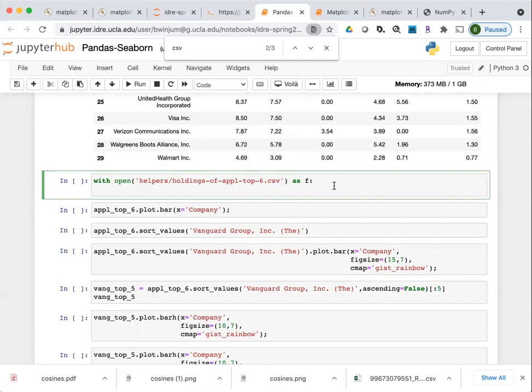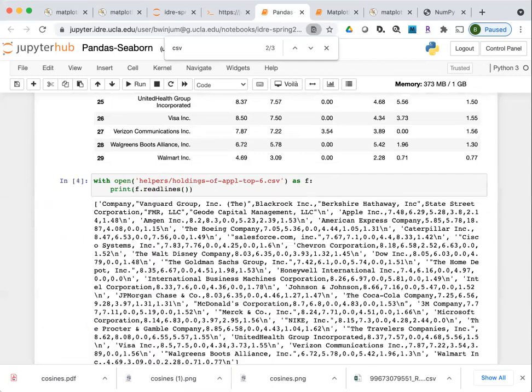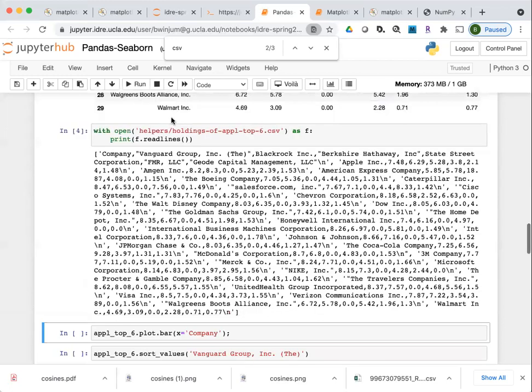And then you would use something like f.readlines, which will read the entire file. So this is reading everything, including the commas and the new lines, and you kind of have to massage this yourself in order to assign it to the particular variables that you want to plot.